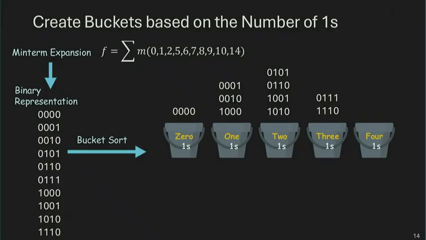Right? We have a few minterms, 0001, 1000, and 0010. They have only a single 1. We put them in a different bucket. Right? 2 ones, 3 ones, and 4 ones. We don't have all ones, so the 4-ones bucket is empty. Right? And once you have put minterms in these buckets,